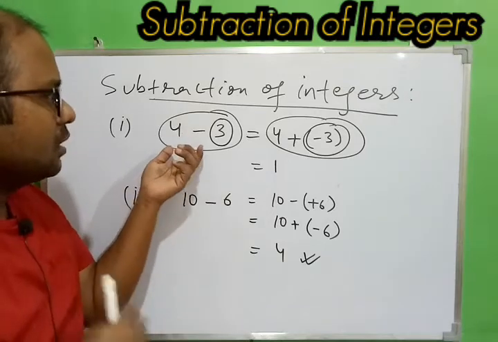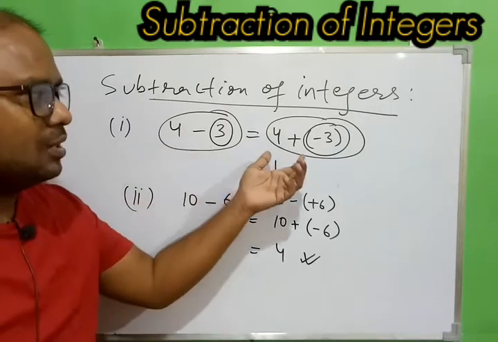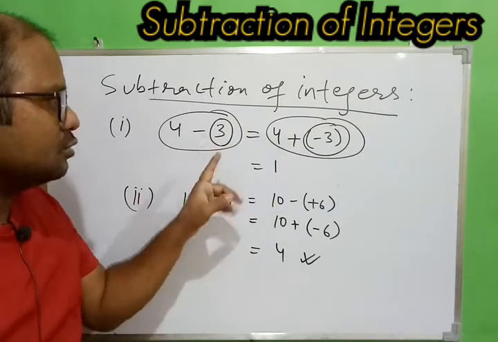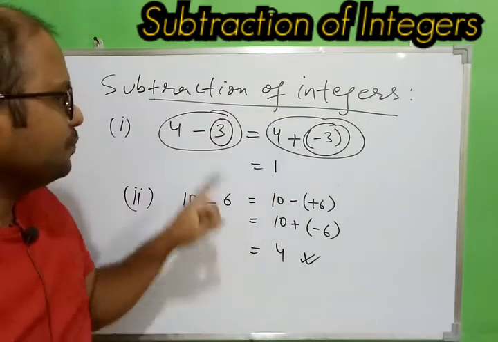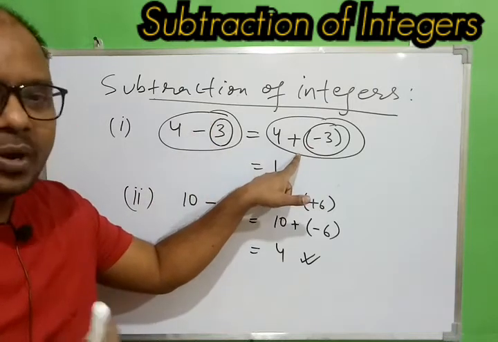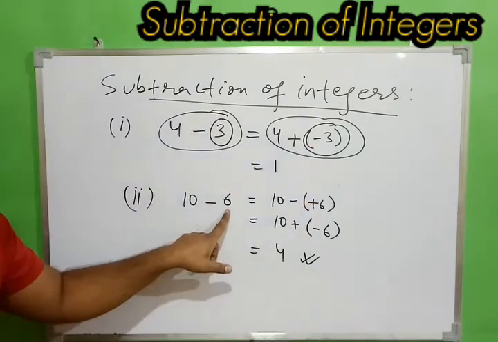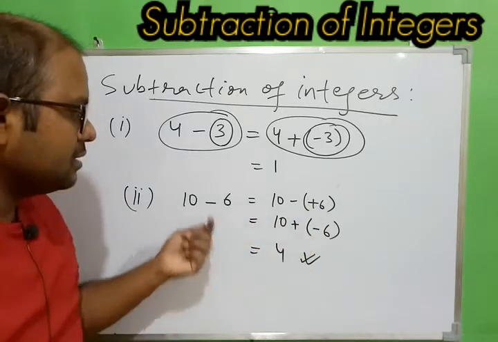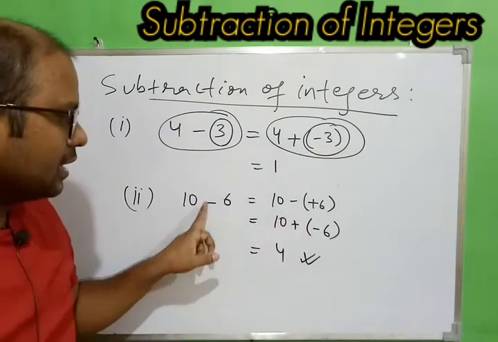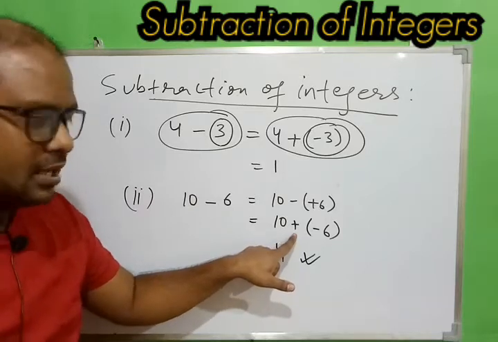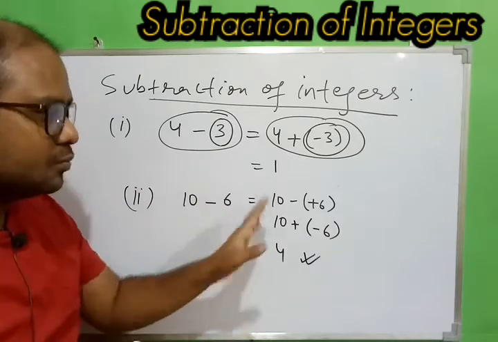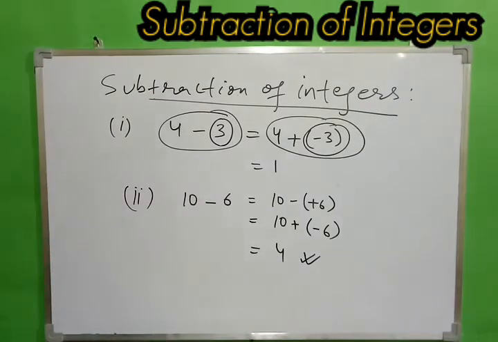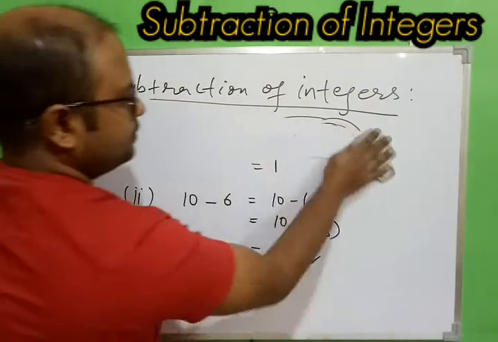In case of subtraction, we are basically doing the addition of the additive inverse of the number, nothing else. So in place of 3 we are taking minus 3. So subtraction is converted into addition. Here in place of 6 we have taken minus 6. That is nothing but the additive inverse of 6, and again minus is converted into plus. And we already understood the rules for the addition. Same rule be applicable here also. So let's take some examples to understand properly.